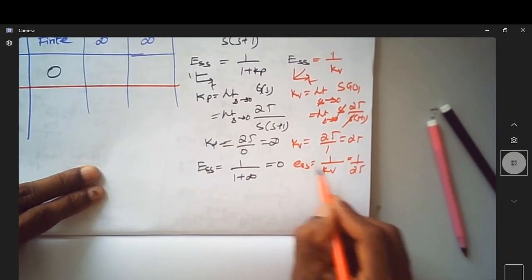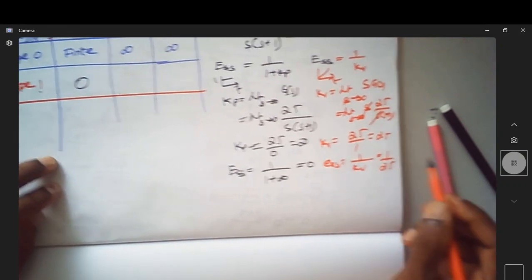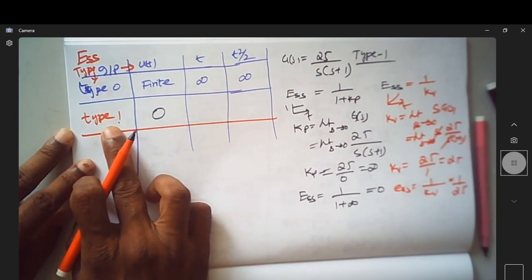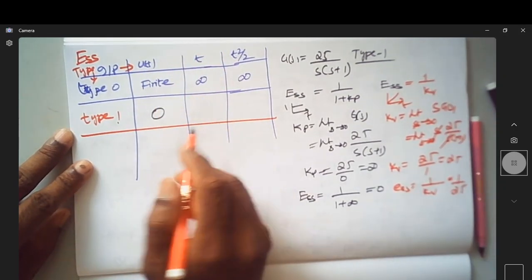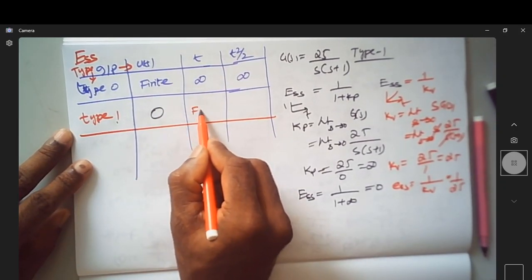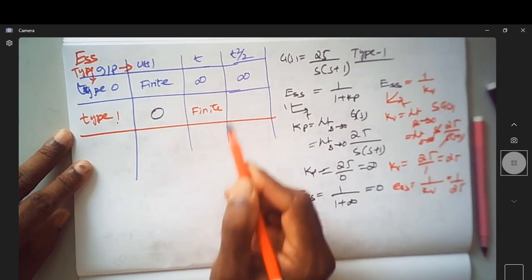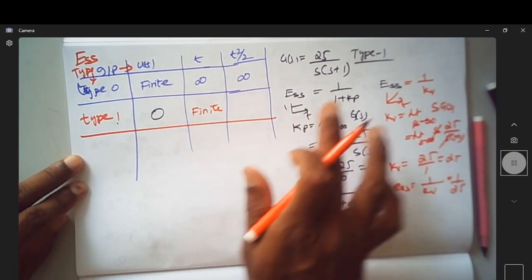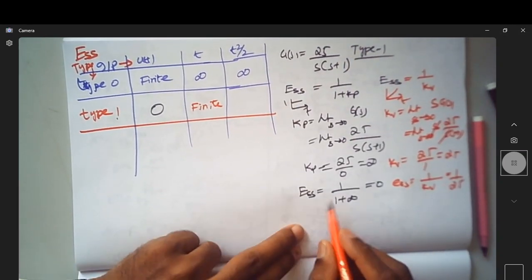Can you see the ESS is a finite value? So for a type 1 system, if the input is ramp, I will end up with a finite error. This is my finite error. So let us take the same type, and if you consider